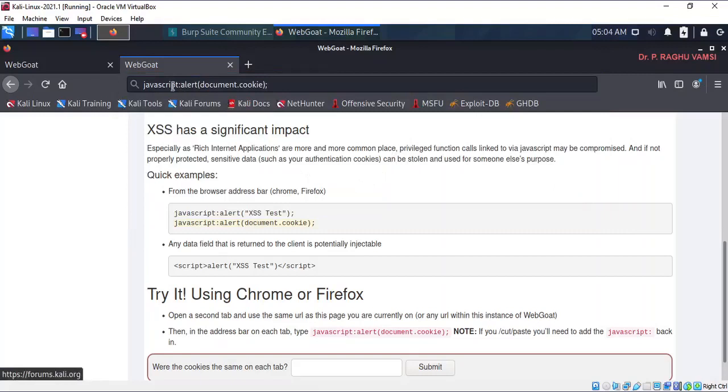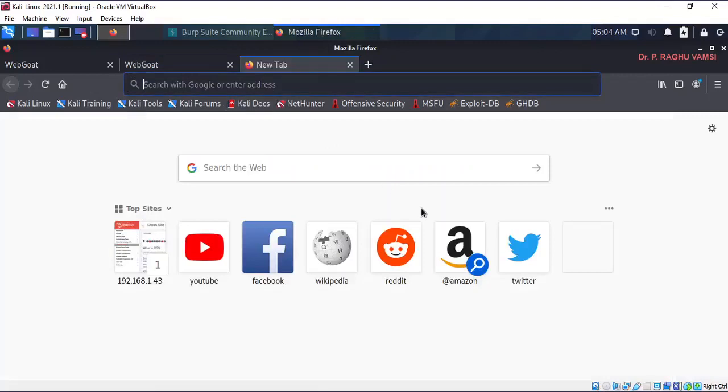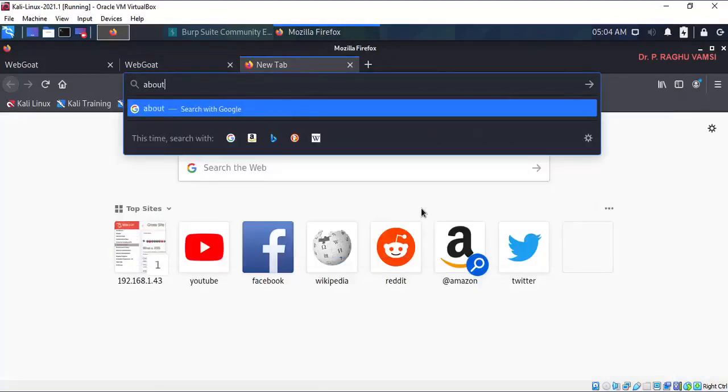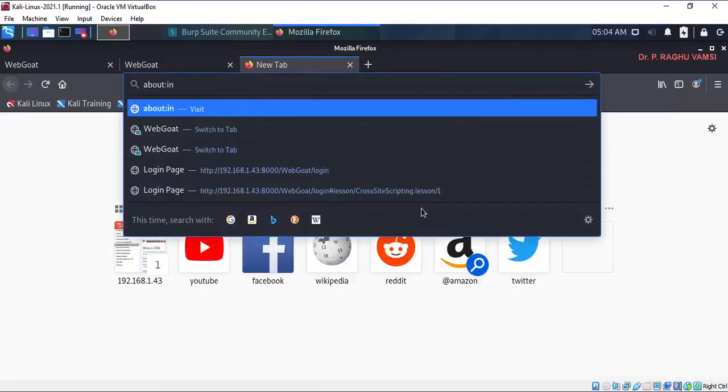Actually, if the JavaScript is enabled and has been given any response, it will look like just an alert box, whatever we have found here. So for this, what we can do is go to about:config.